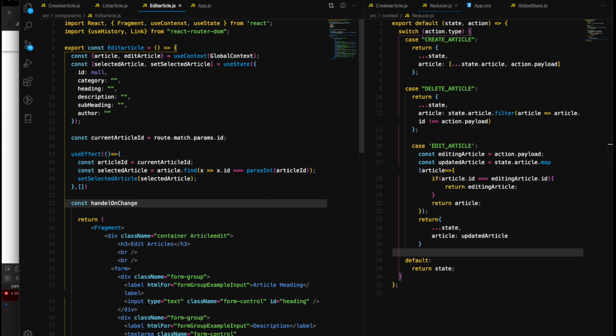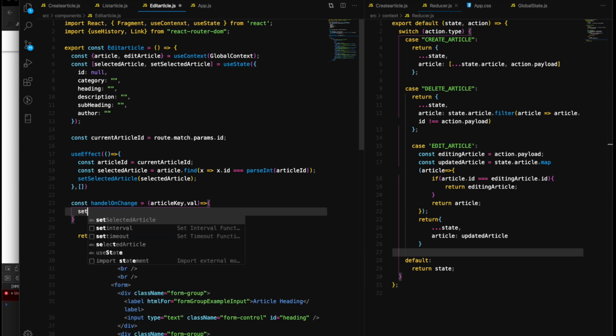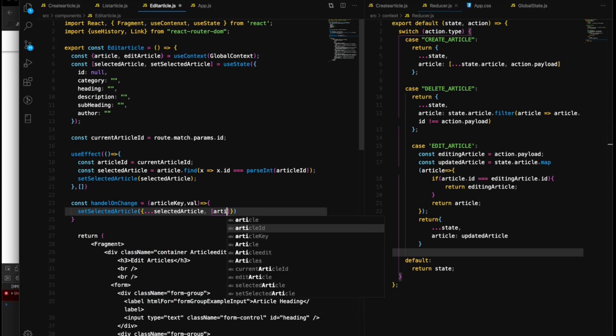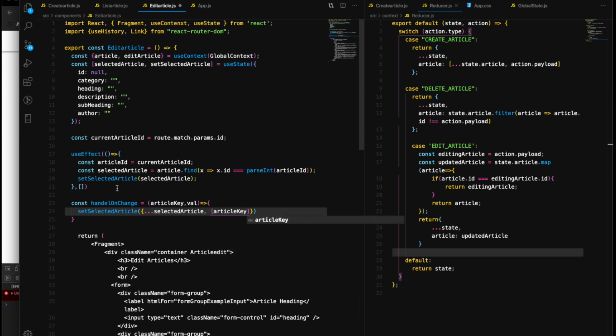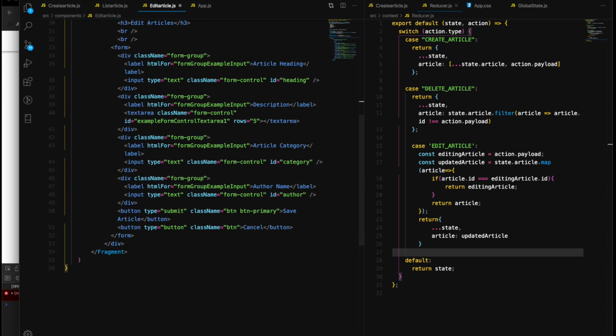We'll create our handle on change function, where we will have two parameters, article key and then value, and then set selected article and spread selected article with the article key. Alright, so now our handle on change,